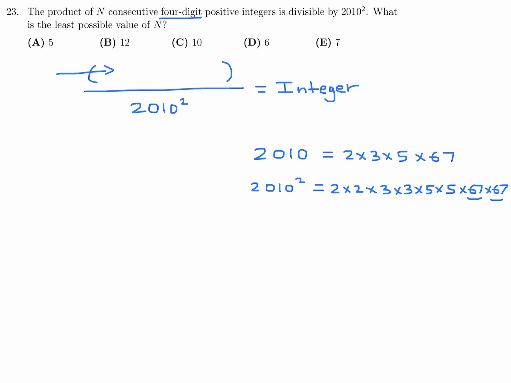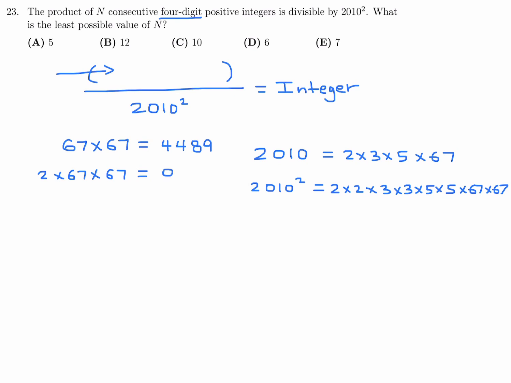So the only way to get a 4-digit number that includes the prime factors is to involve the 67s. So obviously one such number would be 67 times 67. That's definitely going to be one such 4-digit number, and that number is 4489. Now, I think the challenging part of this question is that you can also create another 4-digit number as a reference point by including a 2. Because if you do 2 times 67 times 67, you will also get another 4-digit number that can be used,